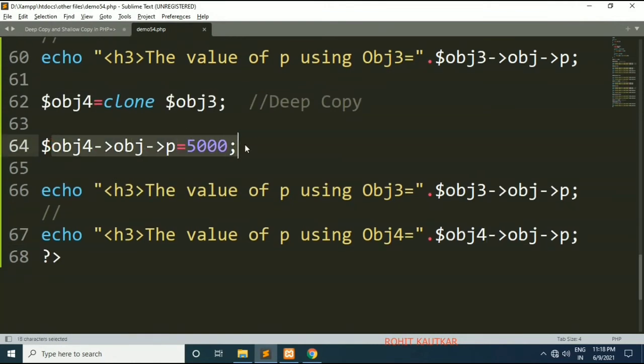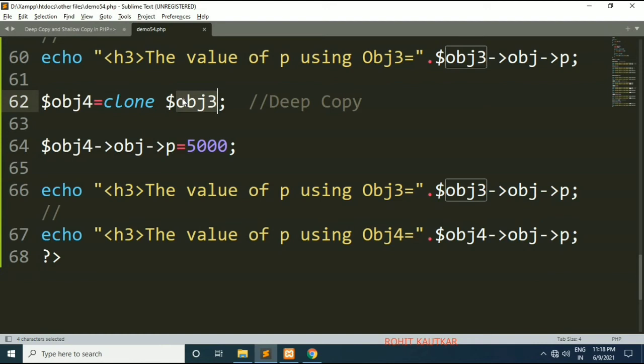because this change will be limited to object 4 only, because we have created a deep copy now. Each object will have its own property values as well as its own objects. What happened in a shallow copy? Both objects share the same reference.